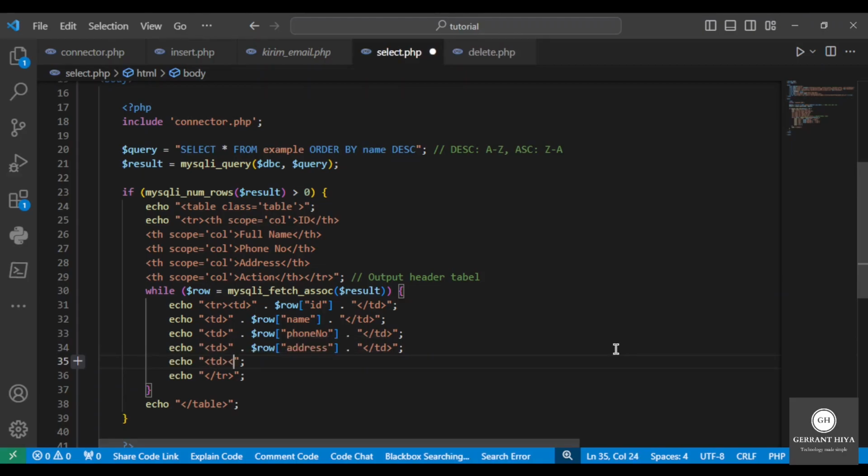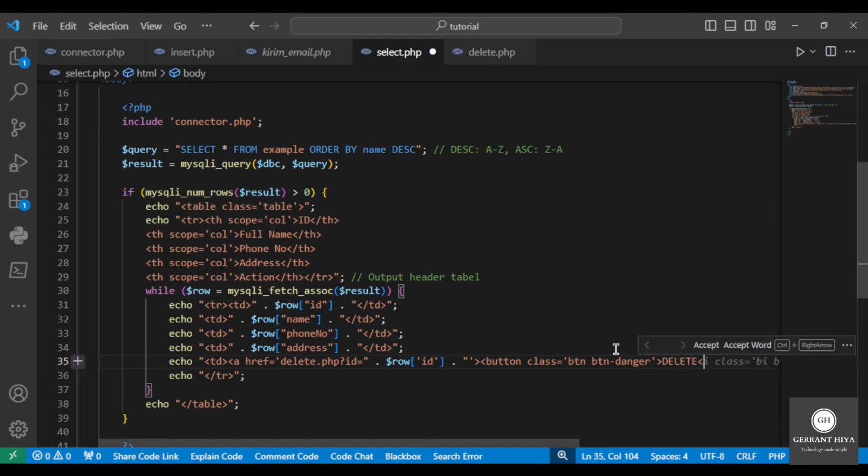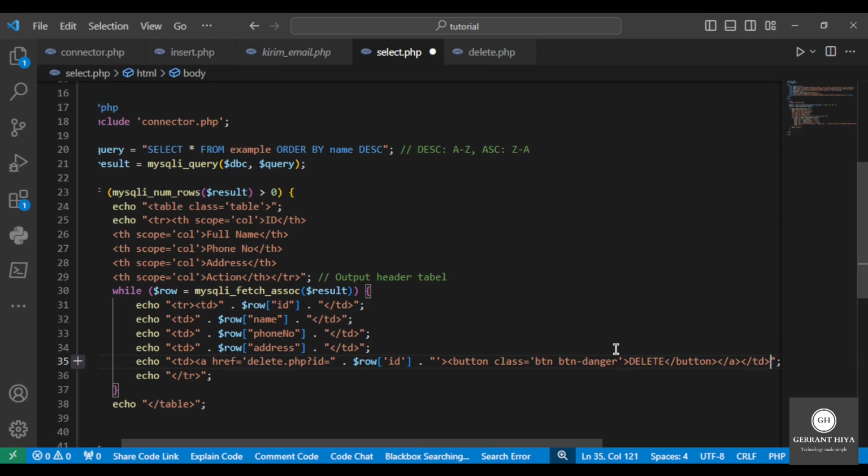Type echo td a href equals single quote delete.php?id= single quote dot space dot $row id space dot double quote single quote close the tag, open button class equals btn btn-danger single quote delete slash button slash a slash td. Save and then go back to your browser